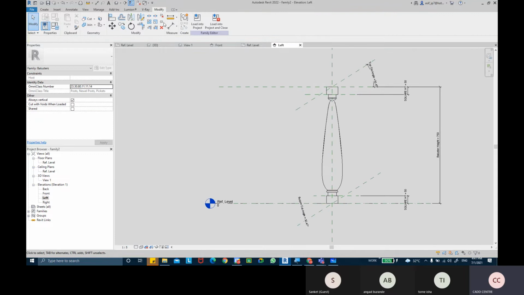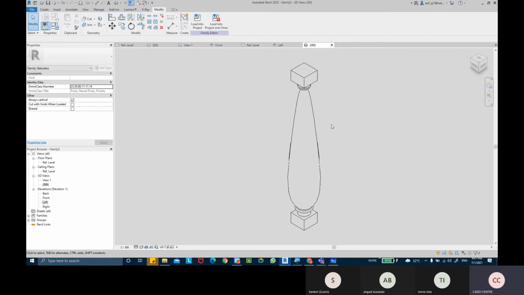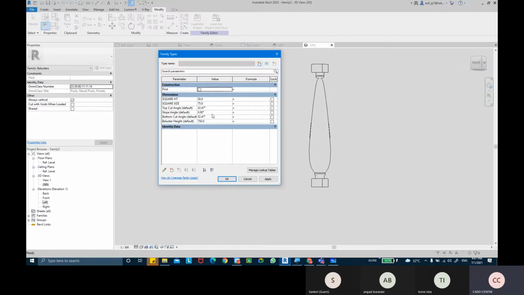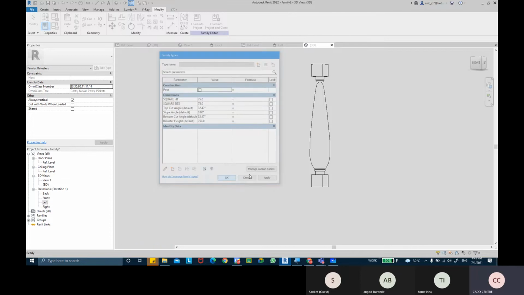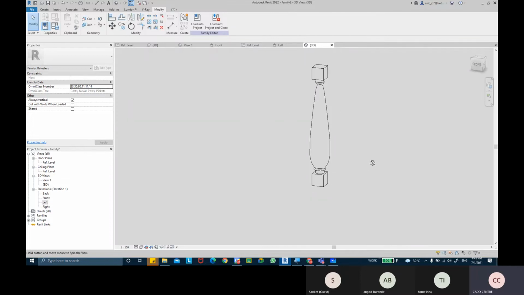Right, and now if you look into your 3D view, you might see that the shape comes in. You can again come into the size or height setting and adjust the size or height or anything like that. So it changes. Okay, so it's working parametrically.